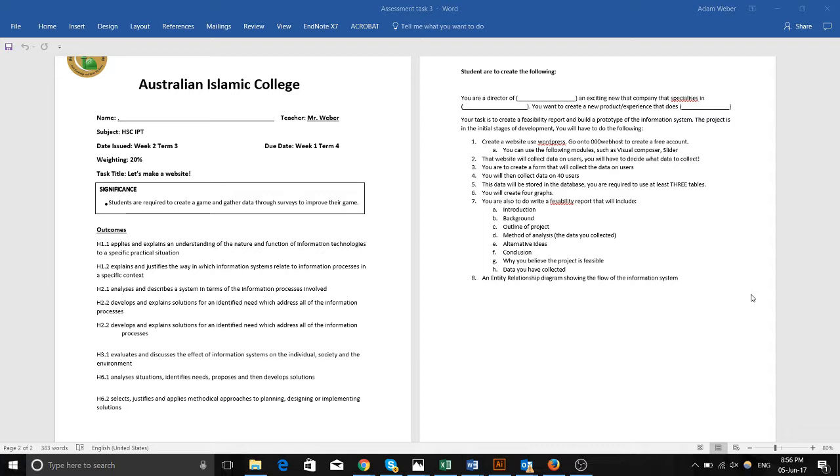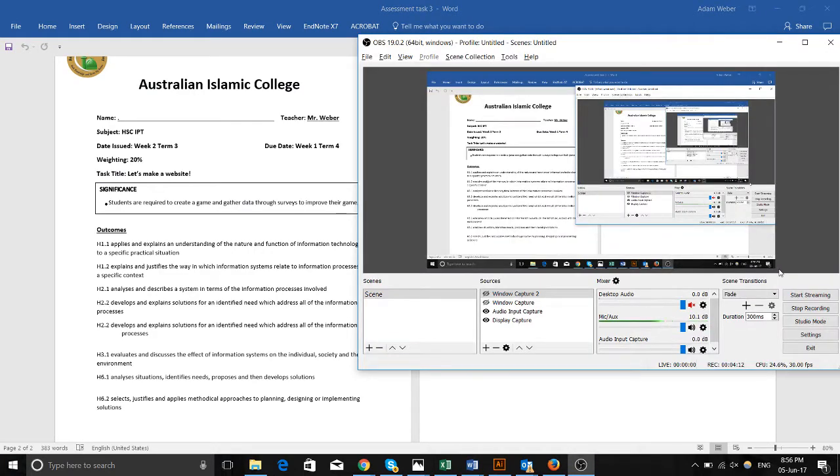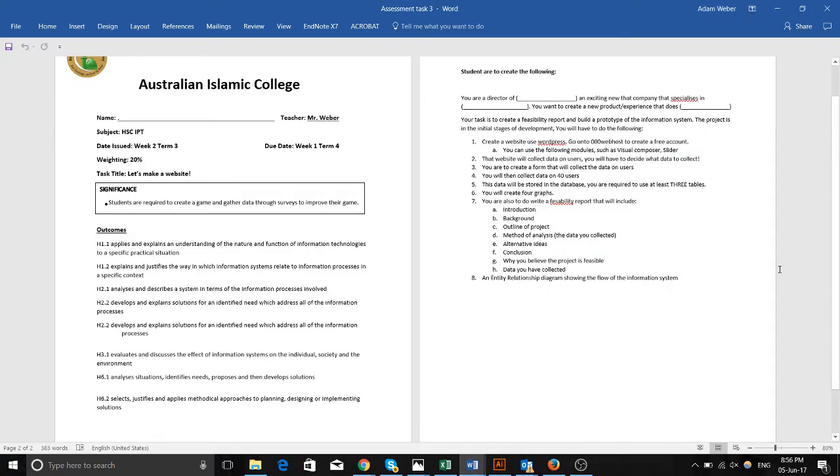Now, method of analysis. Now that might sound a bit cryptic, but all that's essentially saying is, how did you gather your data? That's all it's saying. Did you use surveys? Did you use interviews? Did you do a count of people wearing purple shirts? Anything, alright? However you've collected your data, that's all that part will imply. And it won't be that big because we've made it all up anyways.